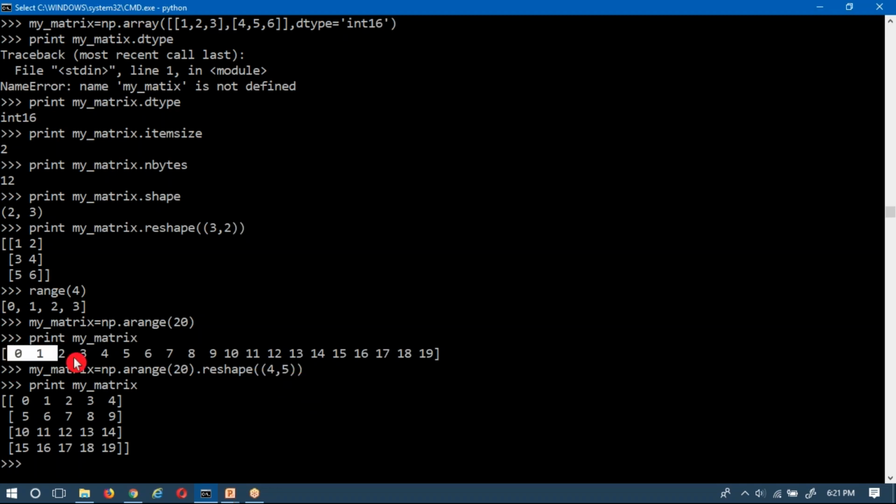Here we have 20 elements. If I divide 20 by 2, I get 10, so 2 rows and 10 columns. But 20 divided by 3 is not possible, because you are not getting remainder as 0. While dividing with any number, if the remainder is 0, then you can take that as your order. Suppose I take 4: 4 fives are 20, that means 4 rows and 5 columns. You can take 5, because 20 is divisible by 5, so you can also reshape that one dimensional array with 5 comma 4.